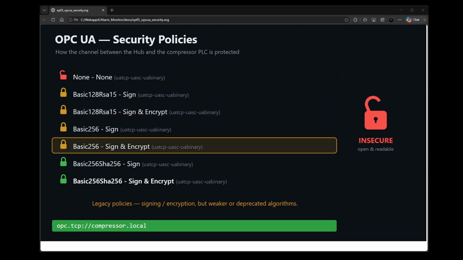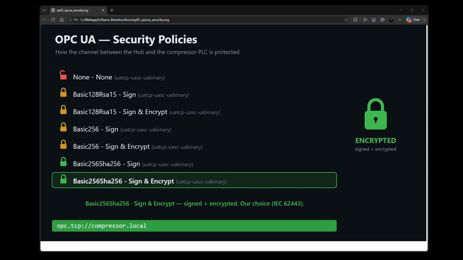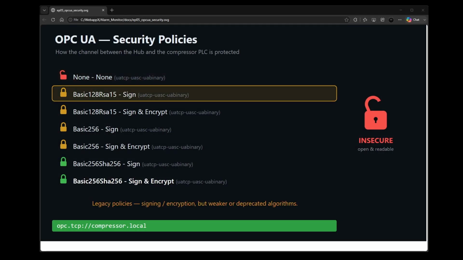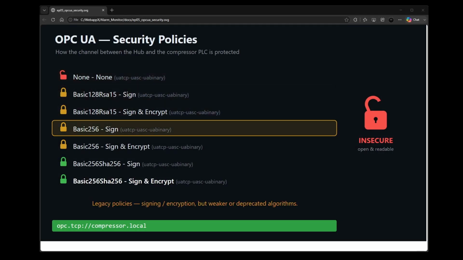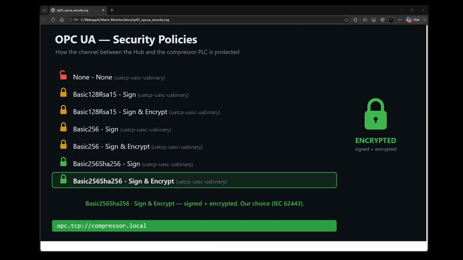And it does so securely. OPC UA has industrial-grade encryption built in. Our compressor's PLC is configured to require a secure channel, Basic256Sha256, which signs and encrypts every message. So the connection isn't just open and standardized, it's also confidential and tamper-proof, exactly as IEC 62443 expects for industrial